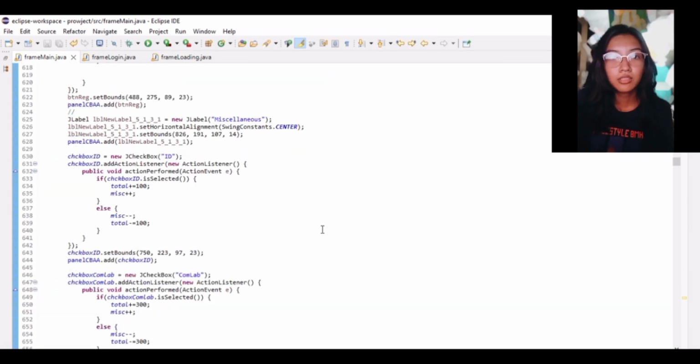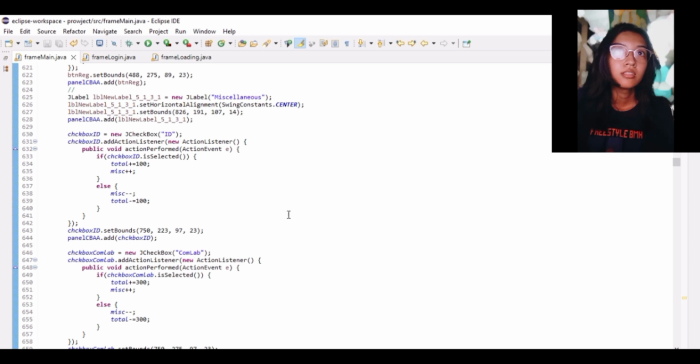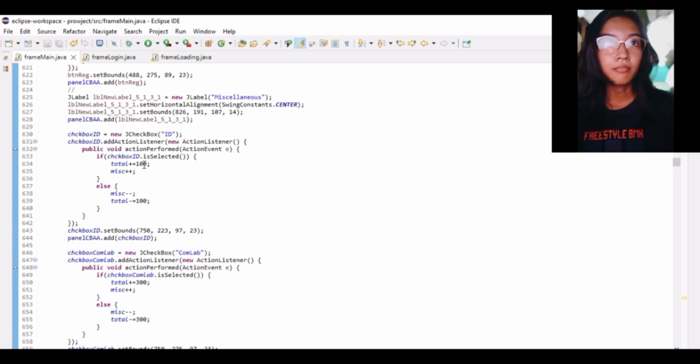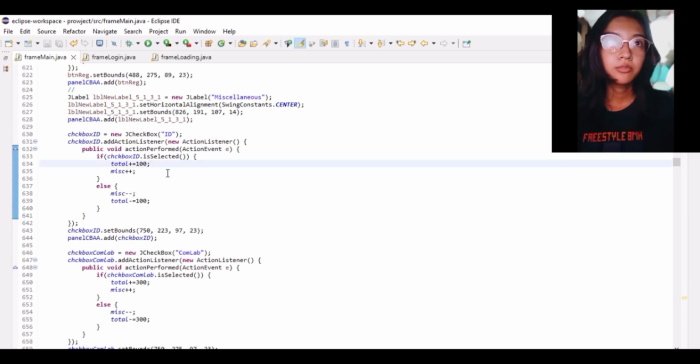So going back to the panel CBAA, if you select the checkbox for ID, the 100 will be added to the total right away, and then the miscellaneous will be incremented by 1.